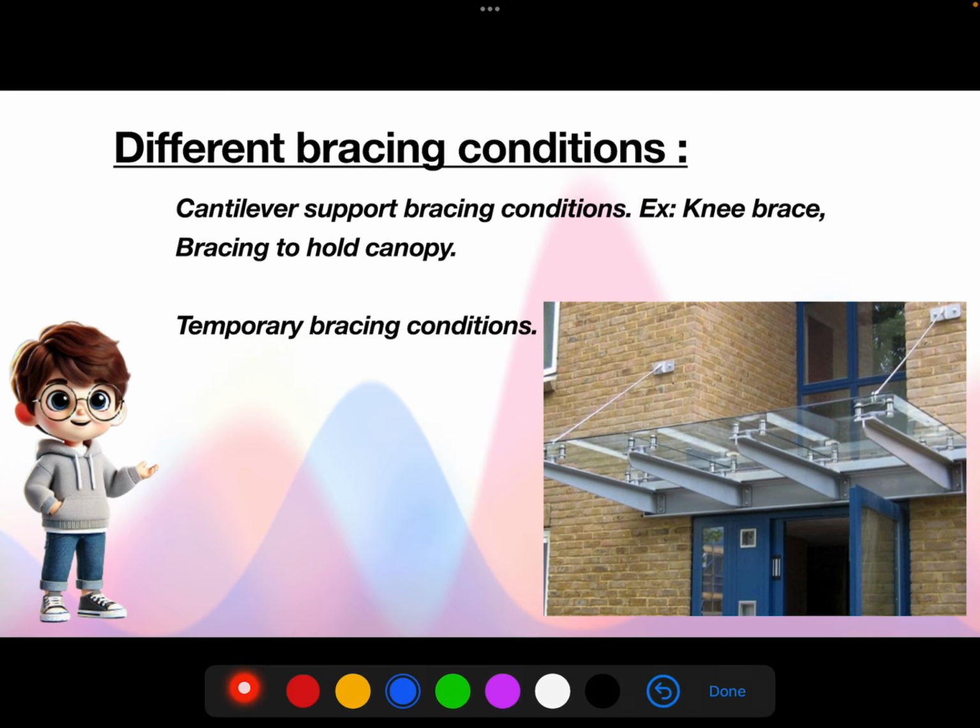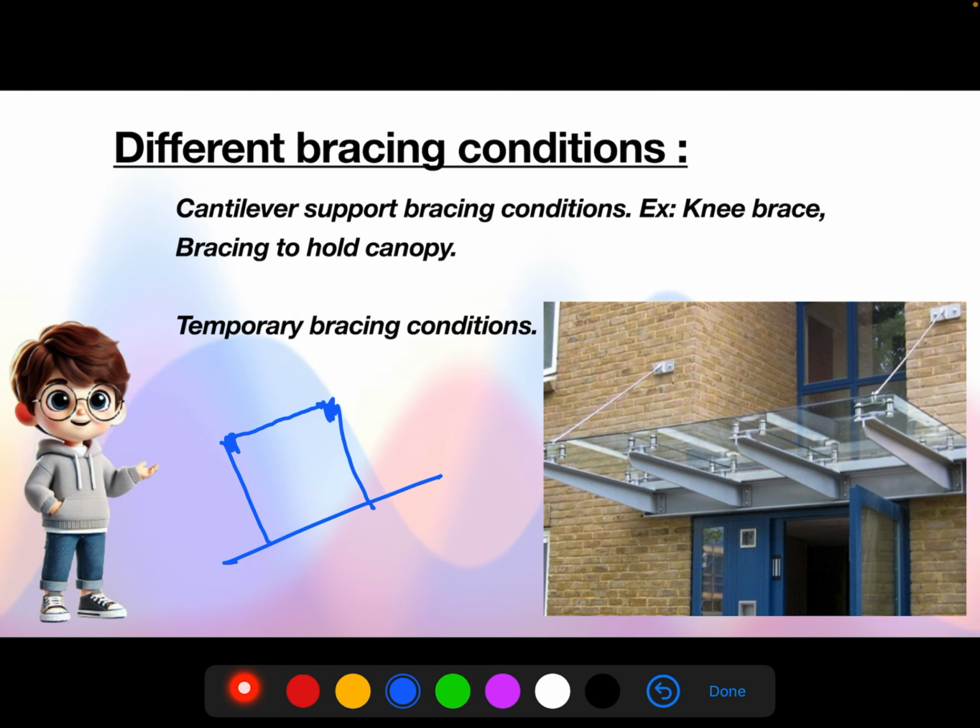And now different bracing conditions. Firstly, where we will use this horizontal bracing or vertical bracing. If you can take the elevation view of a building, these two are the columns and this is a beam. You have provided with some shear connection or moment connection, whatever. Now these columns will be having